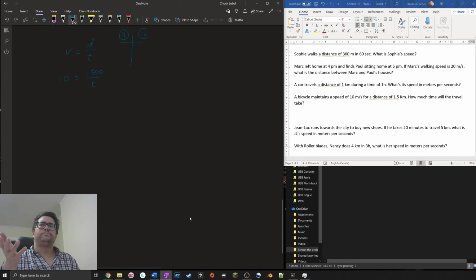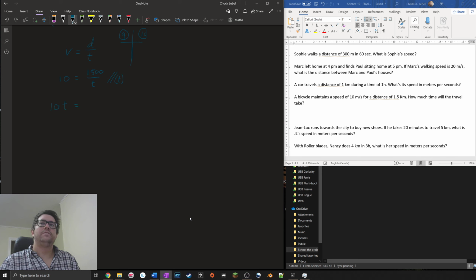And what do we do now? We've done some examples. I don't want to divide by T because I don't want my answer to be like this. That's not what I want my answer to be. I want T equals something. So let's get rid of divide by T by multiplying by T. We're going to multiply both sides by T. We're going to get 10T